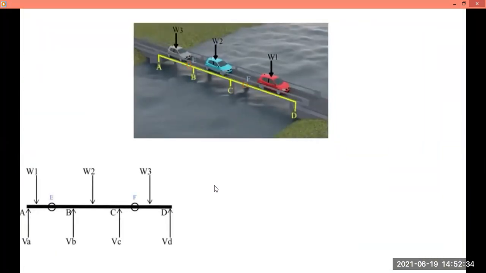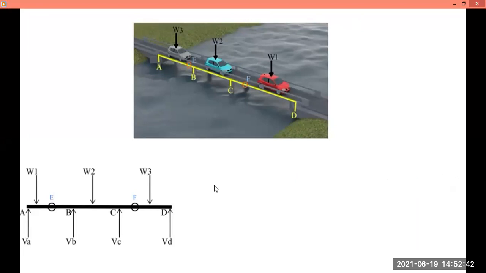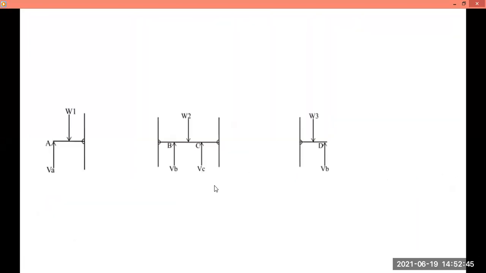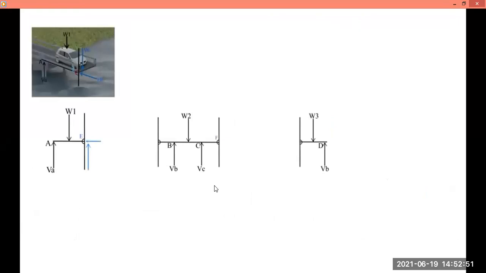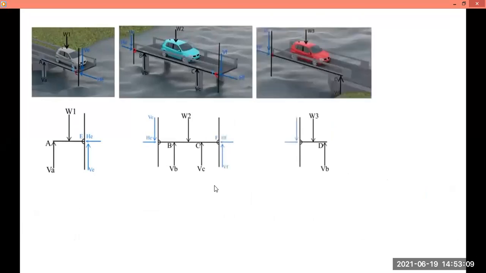If a free body diagram of the beam is considered, due to the internal hinges, the beam can be isolated into three sub-beams. Since the beam is split at the two internal hinges E and F, internal hinge E will produce horizontal and vertical reactions HE and VE equally. And since the beam is in equilibrium, by Newton's third law, equal and opposite reaction forces will be produced on section EF as shown. Similarly, on the other side of section EF and the section FD, equal and opposite forces will be produced as shown.